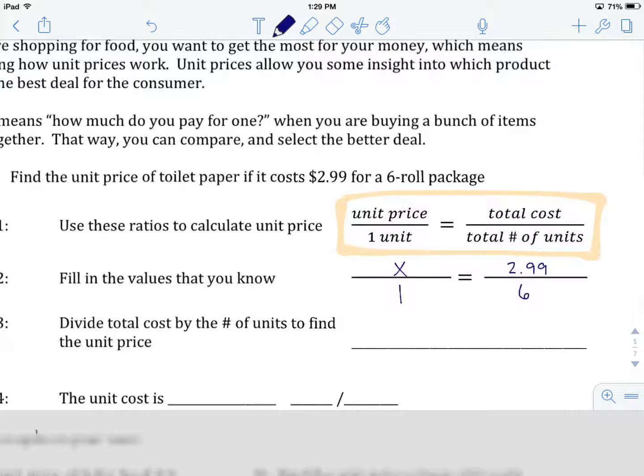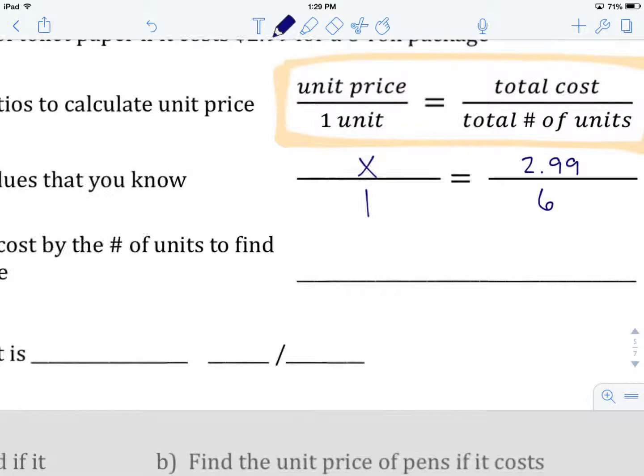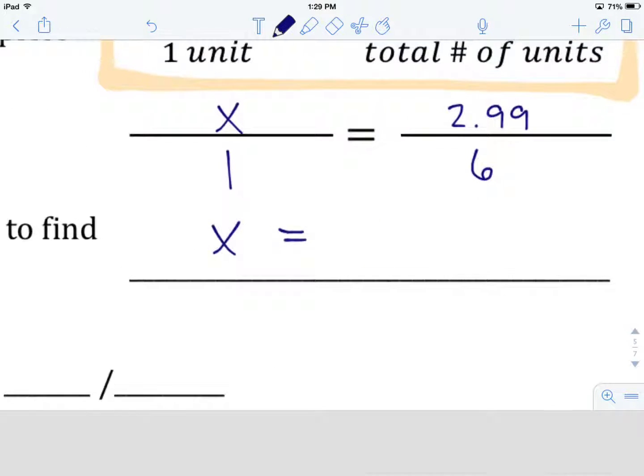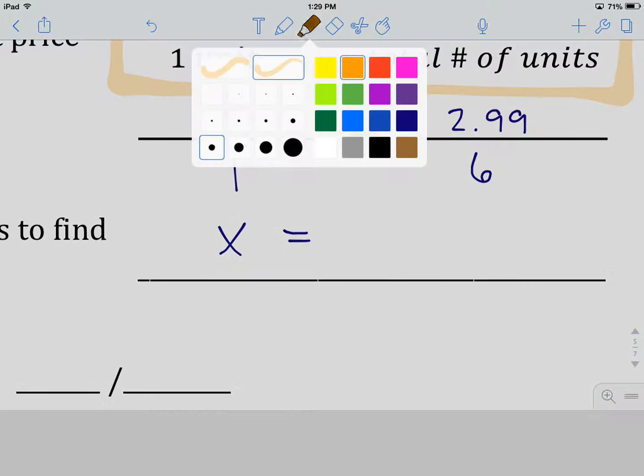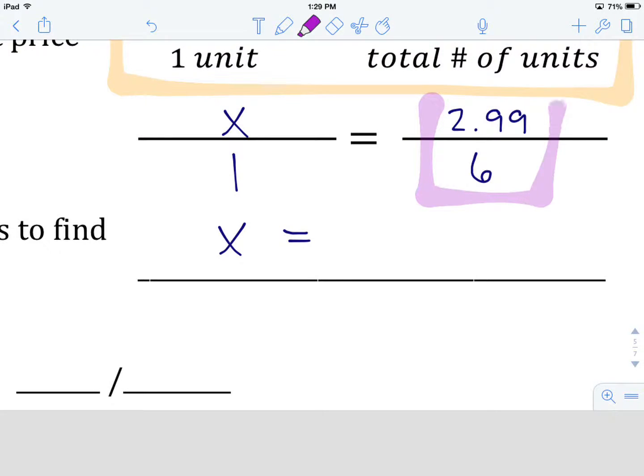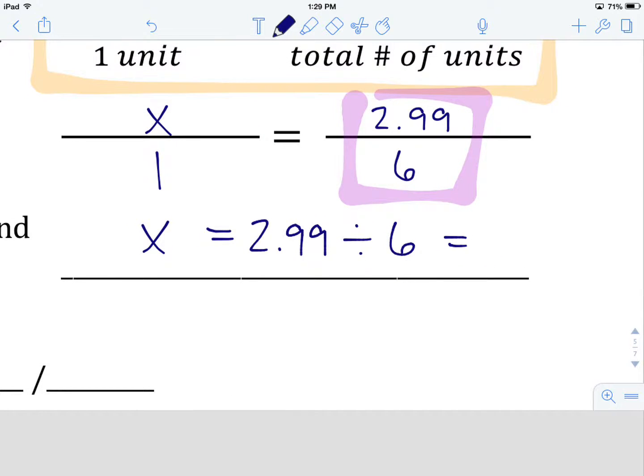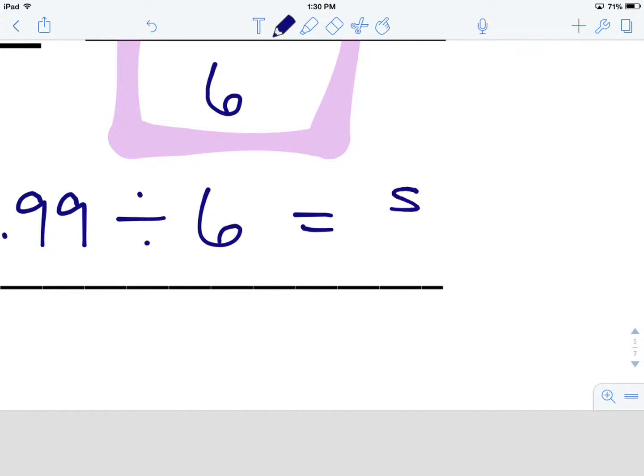In this case, we are now going to be able to figure out the unit price by taking our x and doing this little bit of division right here. I'm going to again get out my highlighters. This piece here we are going to divide. We are going to take our numerator, which is $2.99, and divide it by 6 units to find out how much 1 unit is going to be. And that is going to equal, when we type it into our calculator, $2.99 divided by 6, I will write this out,